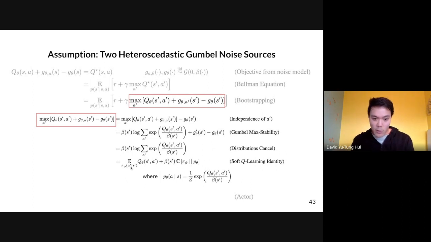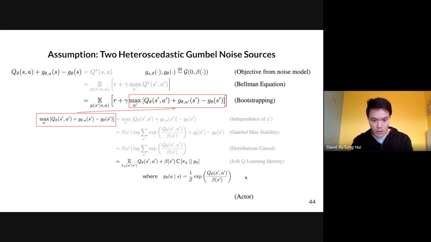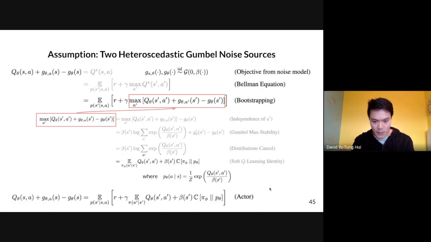Now if we want to think about how we can introduce the actor, there's also another identity that we can use, which is that we can decompose this log-sum-exp operator into the sum of two terms, an expectation term and a cross-entropy term between the probabilistic policy pi and another distribution p theta, which is given by the Boltzmann distribution here, where Z is a normalizing constant. Now if we substitute this entire expression back into the bootstrapping term here, that gives us the following noise model,